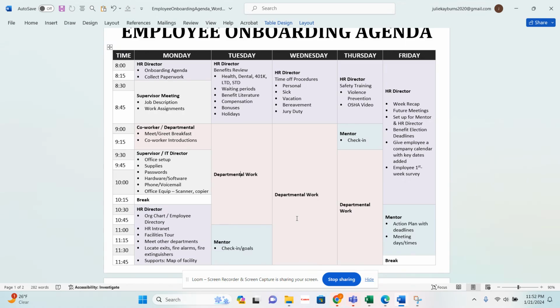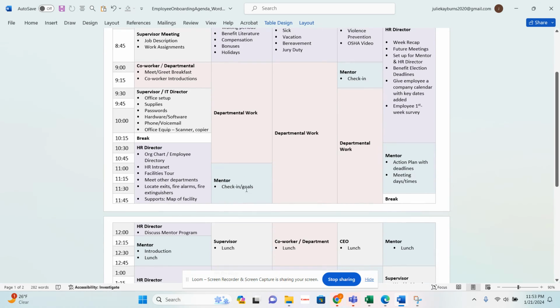And no doubt the HR director will more than likely be following up with the employee because they're going to have to sign up for these individual benefits. Right here we have departmental work. So I'm sure the supervisor has met the employee and the employee's doing some departmental work. Mentor check-in.